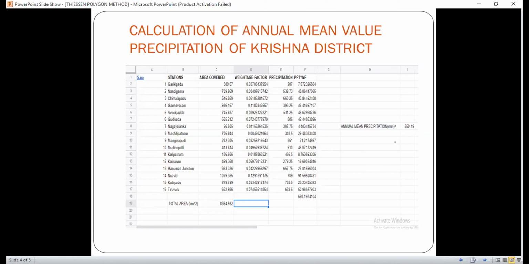You see the same issue: that first location, 207 mm. I have a feeling that might be because of missing data. Yes, sir. Because there are some other locations with 900 and 650 and so on. But you got an average annual precipitation of 550 mm. Okay. Thank you, Pujit.